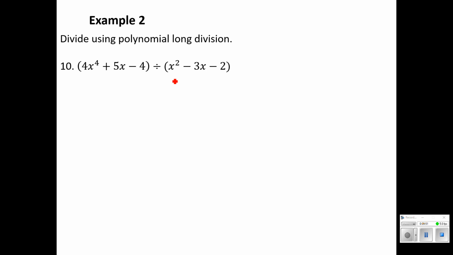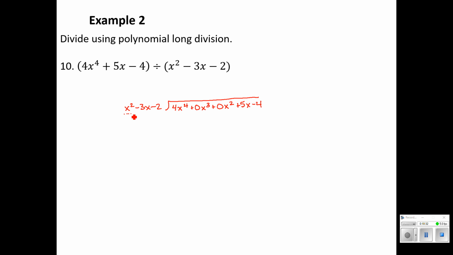Okay, we can also use long division if we're dividing by something that's not just a binomial. So here we're taking one trinomial divided by another, and that works just as well. I've got 4x to the fourth. Ooh, there's no x squared terms, or x cubed terms either. 0x cubed plus 0x squared plus 5x minus 4. And you can see there, it lays out all of those exponents, even though I don't see them in what I'm dividing.